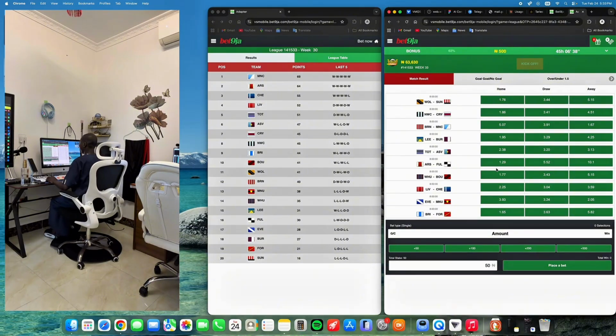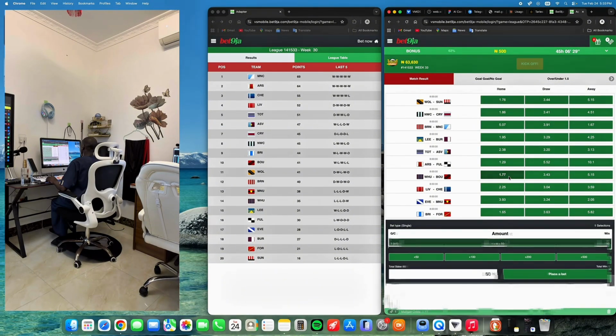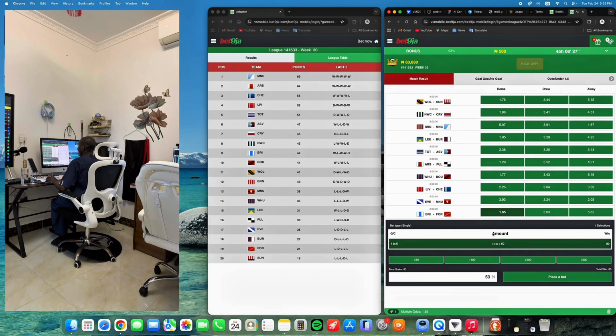Okay, so yeah, we have Wes and Burnley, and then Brentford and Nottingham Forest. We can just pick anyone. We can pick this, or we can pick this. Okay, so I'll just go for this. Here is the front, and here is the West. Okay, so let me go for West. Let me take this risk.